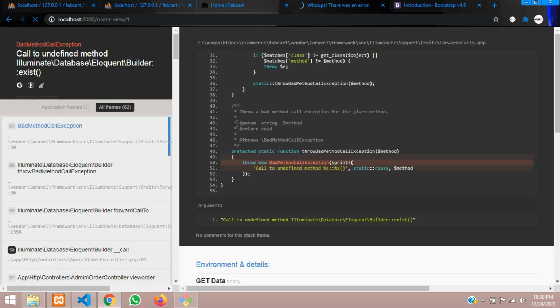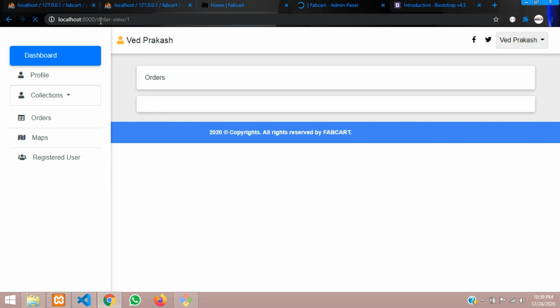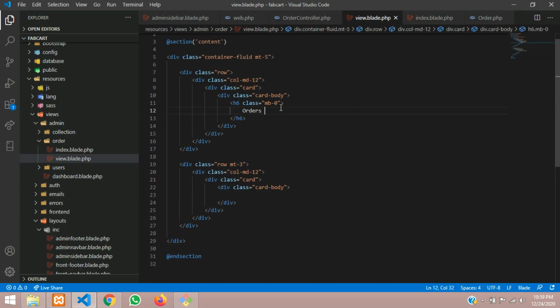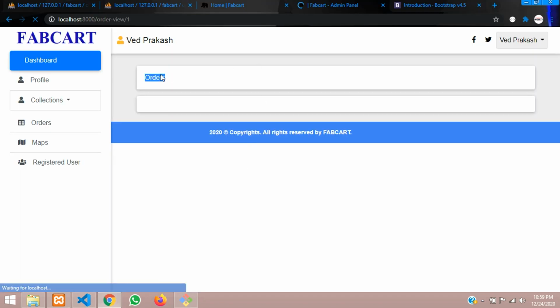Let us refresh this once again and you can see the output. Okay, this page has been loaded now. Over here we will mention our view page, order view, and let's reload. So it's confirmed now that it is the order view page.